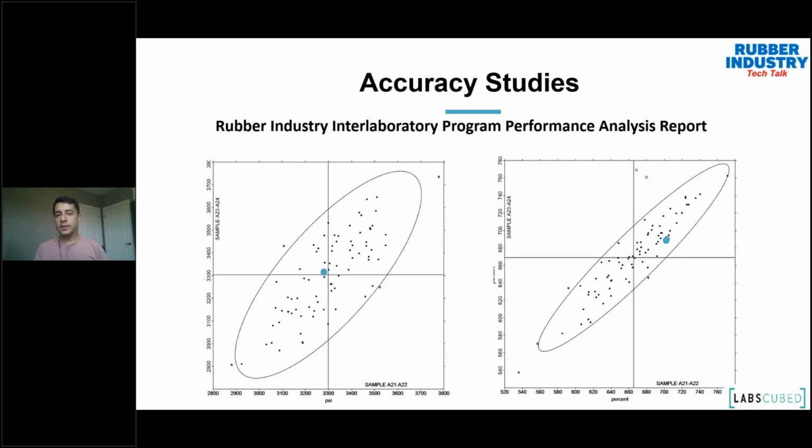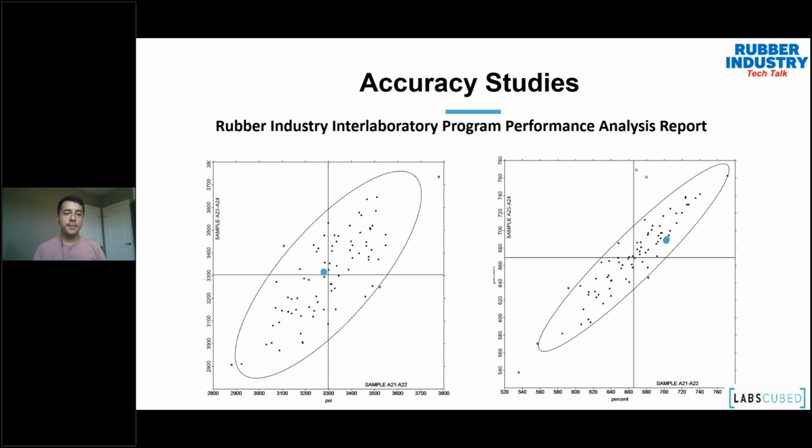In terms of accuracy, we've done accuracy studies as well. Obviously, once you introduce a new product and a new machine and a slightly different way of doing things, people want to know, is it accurate? We participated in a study with over 100 labs. They get sent samples from a centralized system, and the samples are then tested by all of us autonomously. We don't know what the data is. We send the data back in, and then they show us a graph at the end to show where we're at.